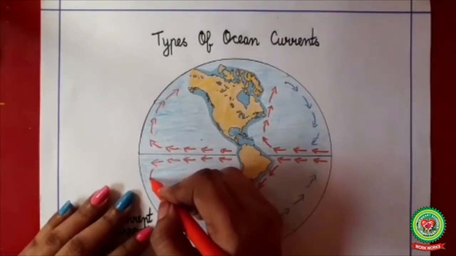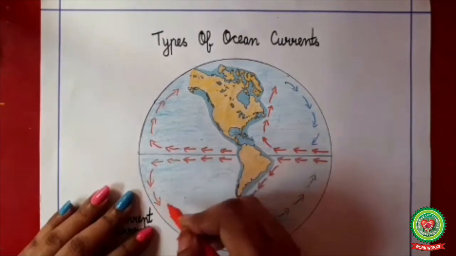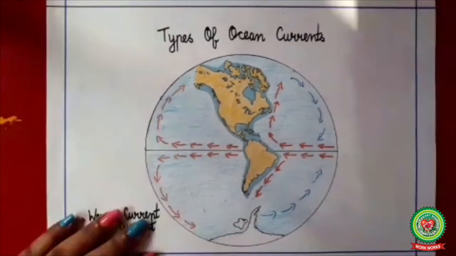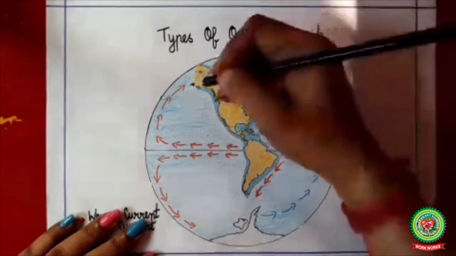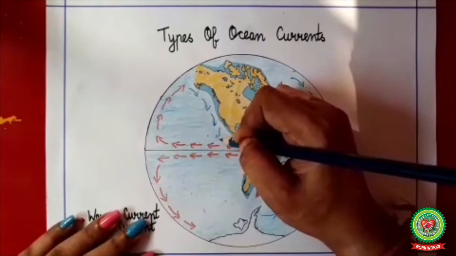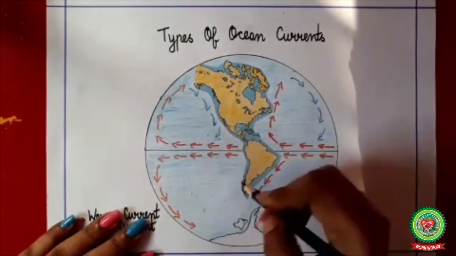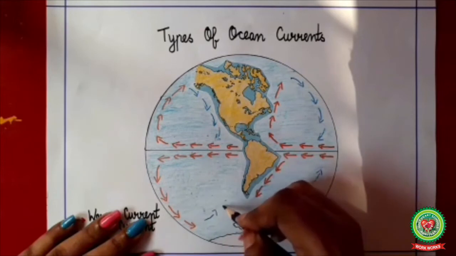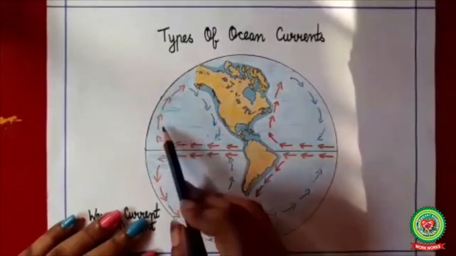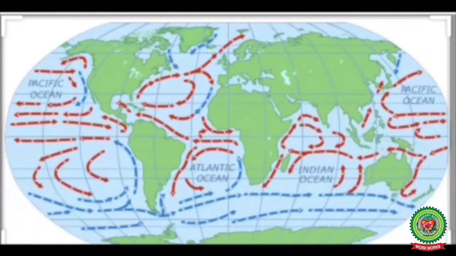So they flow from warm tropical or equatorial regions to cold polar regions or high latitudes. On the other hand, the cold currents flow from the colder high latitudes to warmer low latitudes in both hemispheres. So, these are the two types of ocean currents, warm current and cold current. Now children, we will study the ocean currents of the world in detail.